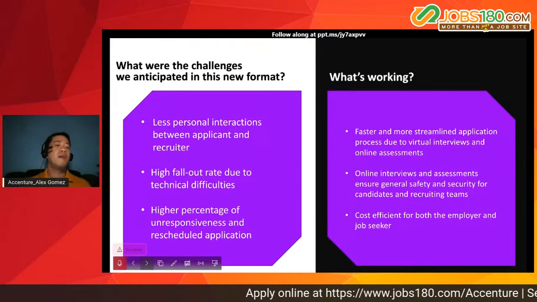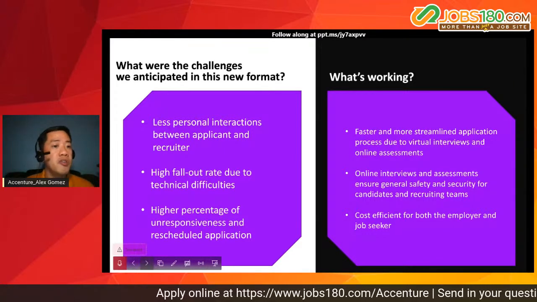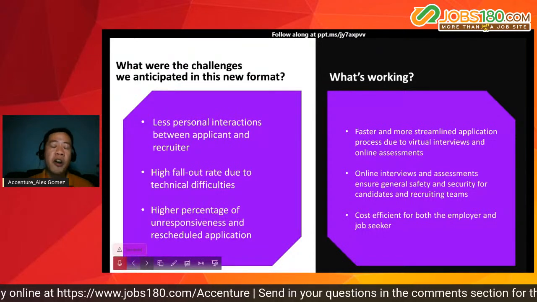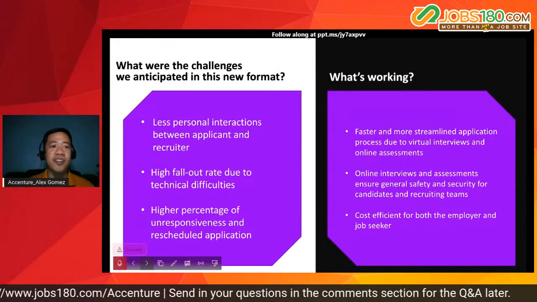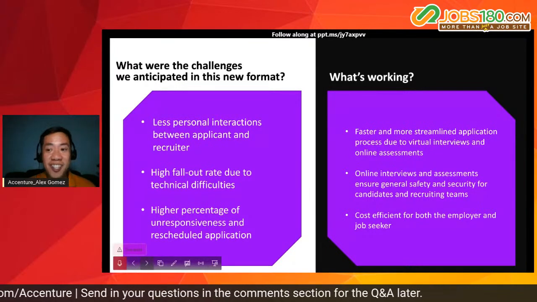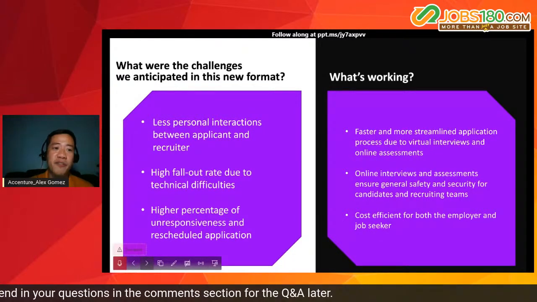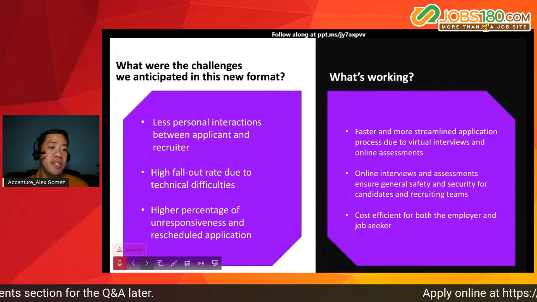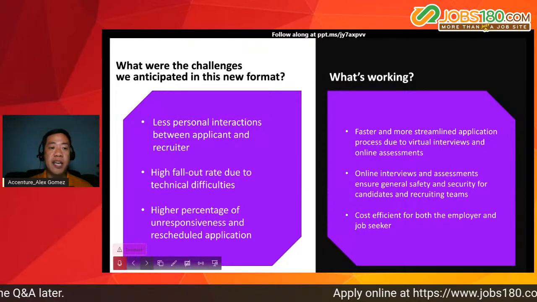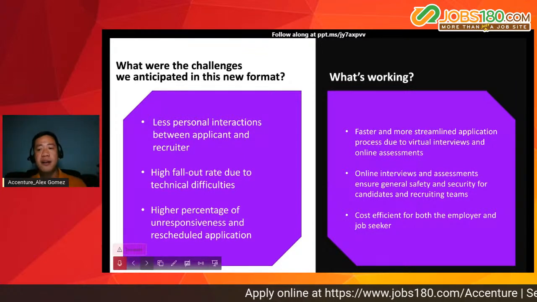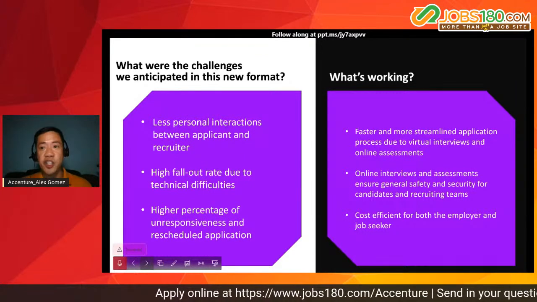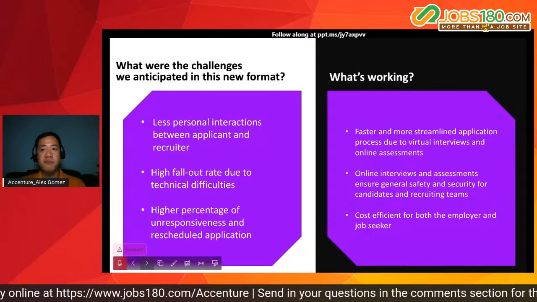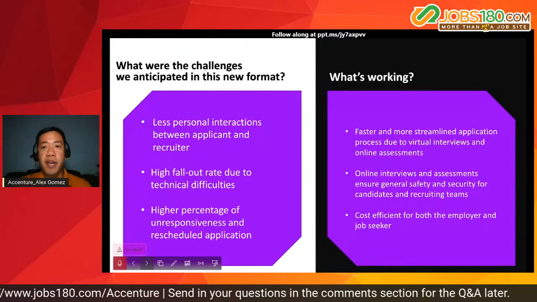During the situation, there has been also high fallout rate due to technical difficulties. So our tip here would be to check your technical connection prior to your commitment for the interview. Which brings me to a higher percentage of unresponsiveness and rescheduled applications because of the absence of face-to-face interaction. Sometimes when you receive an email or a text message trying to confirm your interview,